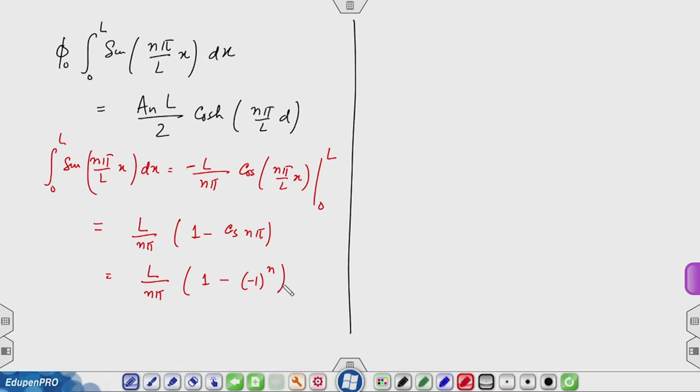So, the left hand side is 0 for n even and is equal to 2L over n pi for n odd,